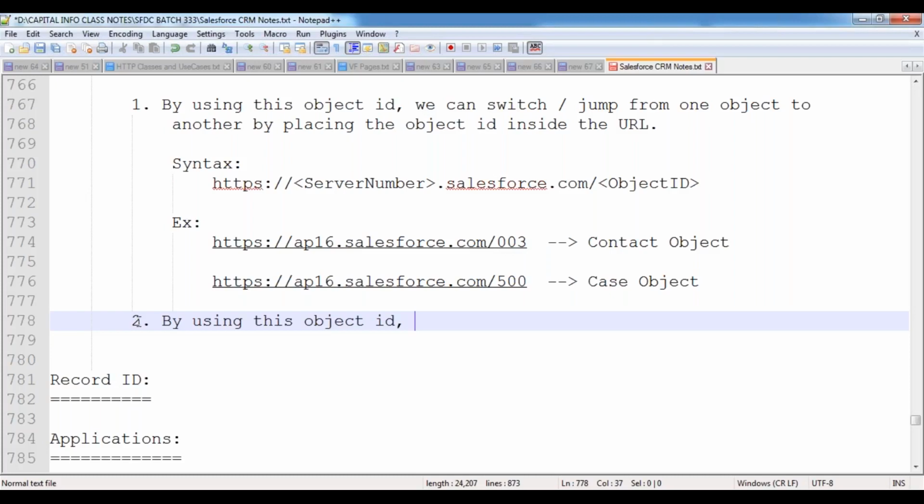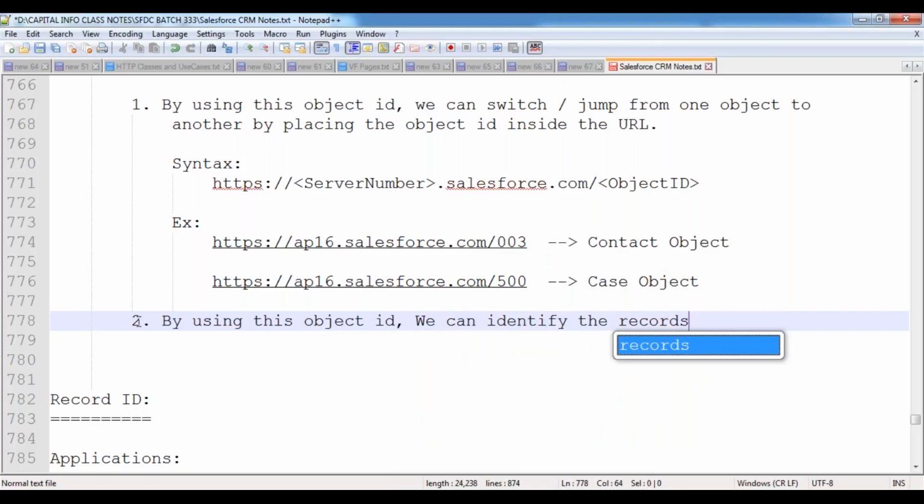Now, by using the object ID, we can identify the records. That means we can identify to which object this record is associated. For example, assume that there is a record. What is that record? Is it an account record, contact record, case record, lead record, or what?